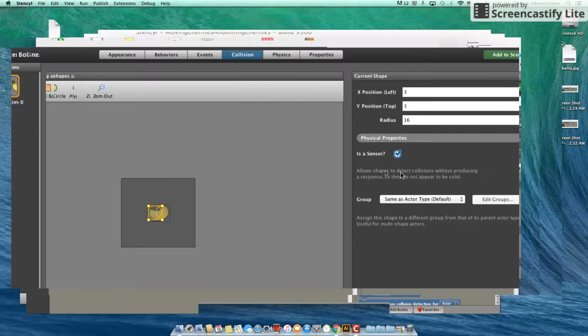So it allows shapes to be detected, and they produce a response, a collision response, but they don't appear to be solid. So sometimes it's safer, especially when you're collecting items, to make it a sensor, and that way it won't really collide or perform any physics on the collision. It'll just, the collision detection will be there, but it won't perform any physics on it, which means, if you were to, if one person hit another, if a student hit another student, then